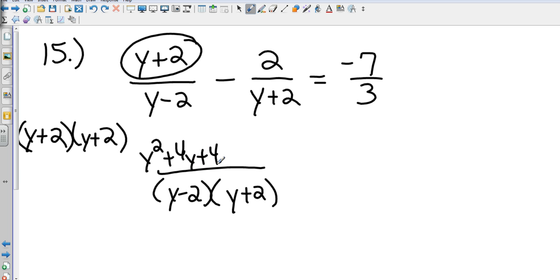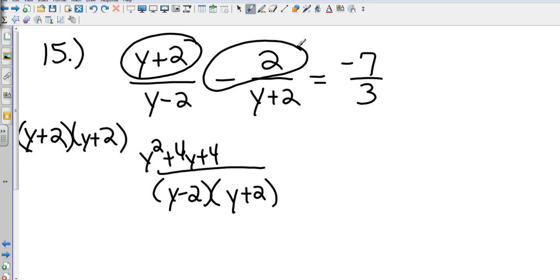All right, so the left-handed fraction is done. Now let's move to the right-handed fraction. I shouldn't say right, maybe middle, since it's the middle of the three. Okay, it has a y plus 2. What does it not have that's in the denominator? A y minus 2. So I need to take, and here's the answer to Braden's question, I need to take